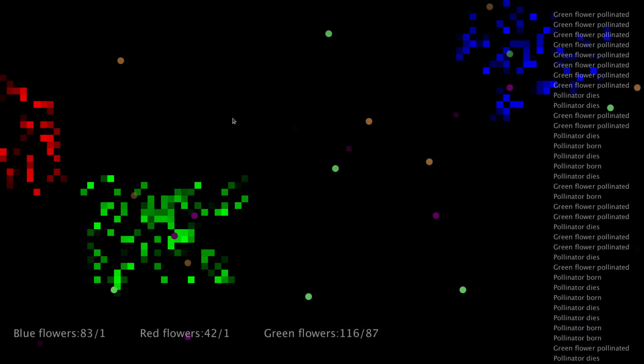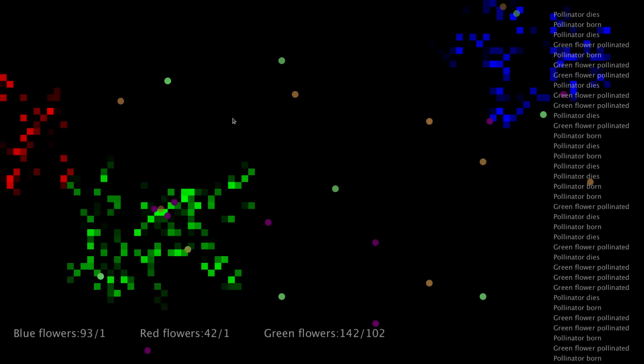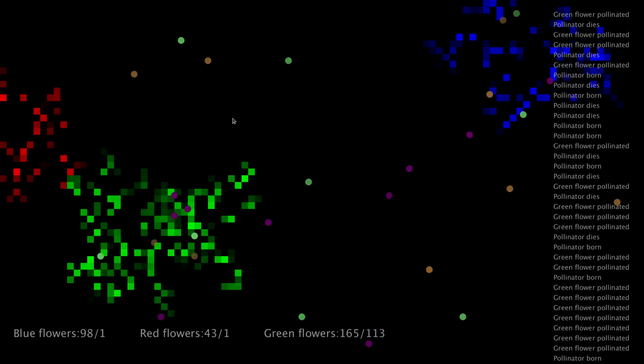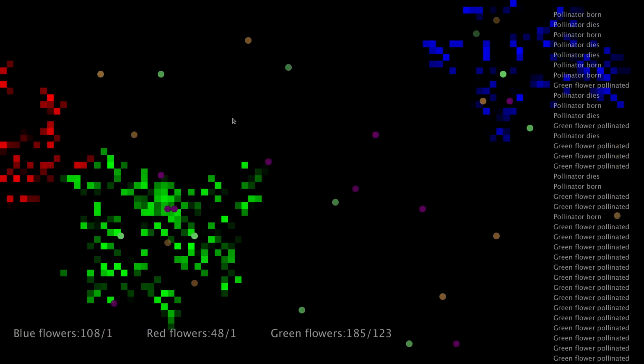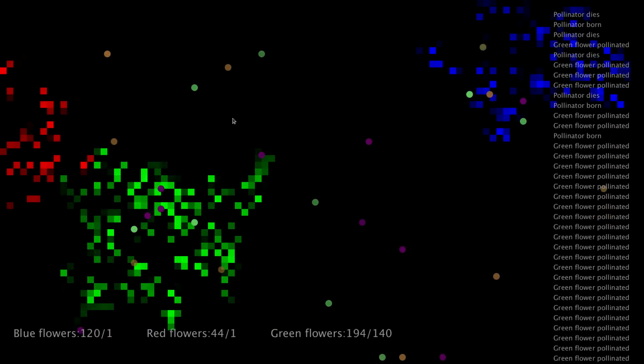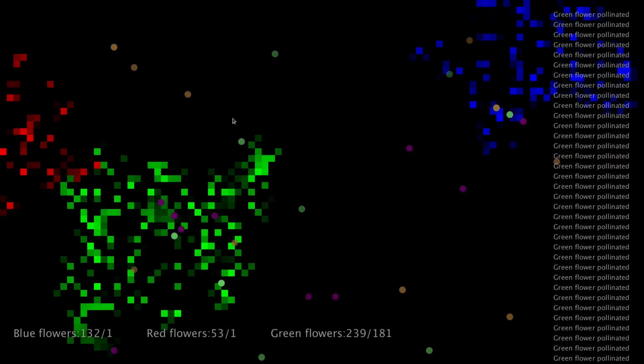So you can see the green dots here, and the red dots on the left, and the blue dots on the right. So those are the individuals of each flower species, and these circles around are the pollinators that are flying around and pollinating the